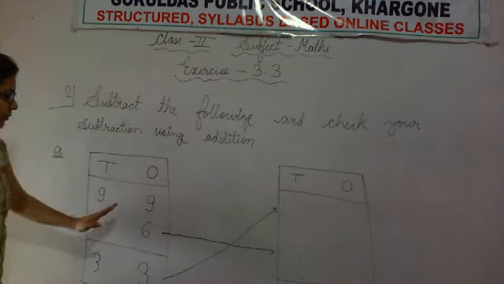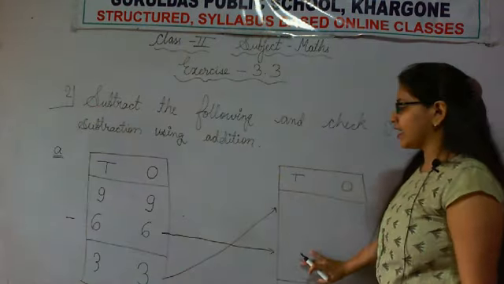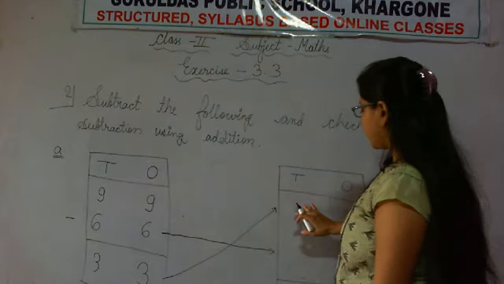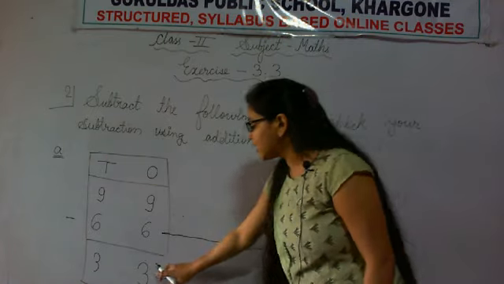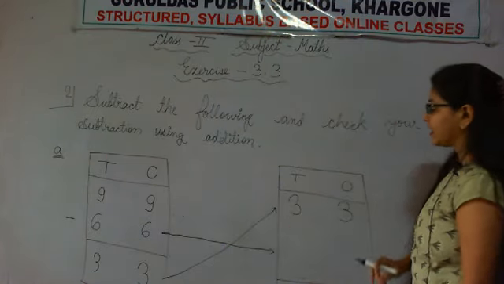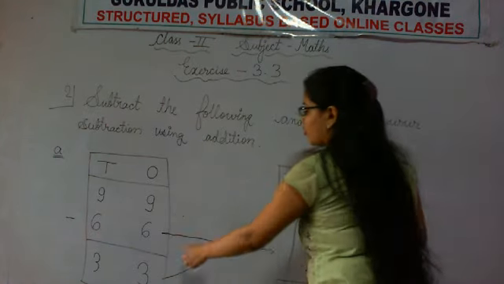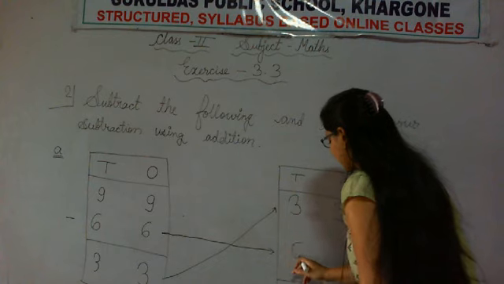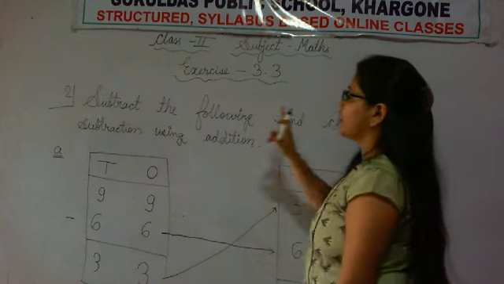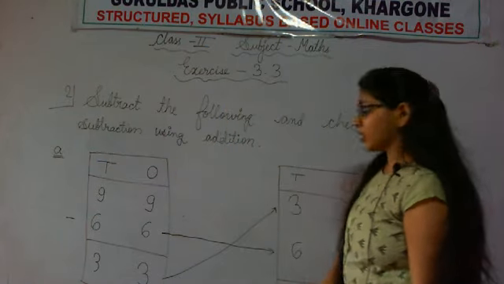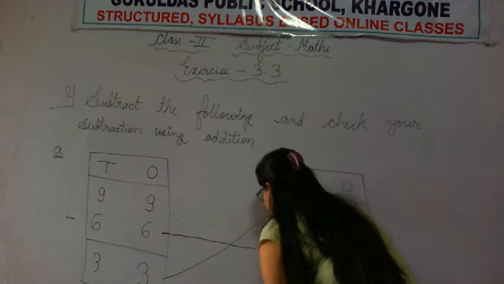Okay, first of all let's see whether we had done correctly or not. Our difference or our answer will be at top, so let's write it at top. 33 was the difference, so we are writing 33 here. Now the second term will be second term, so let's write it as it is. Now what they are saying, check your subtraction using addition. Using addition, so let's put a plus symbol for addition.